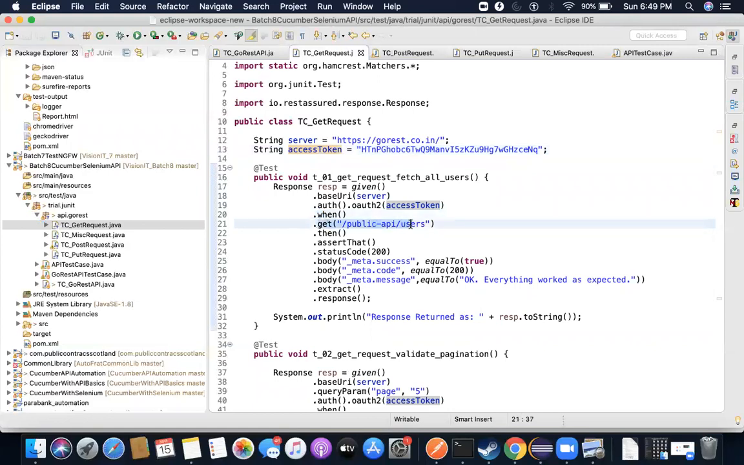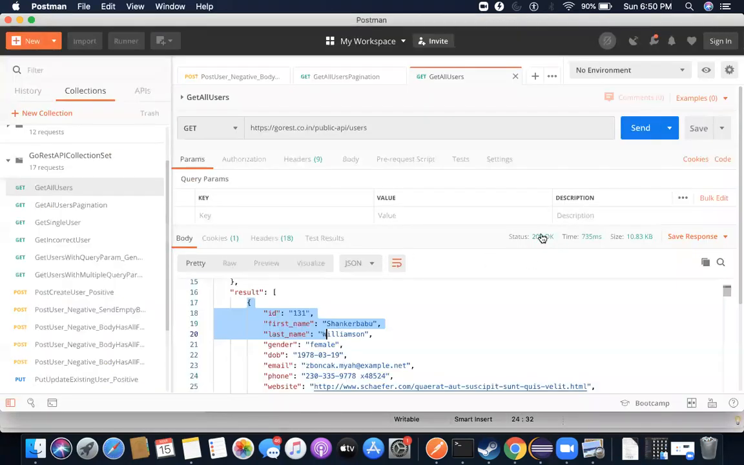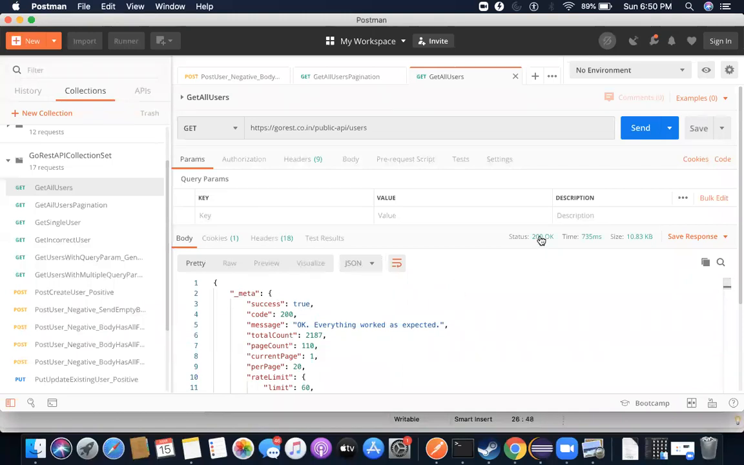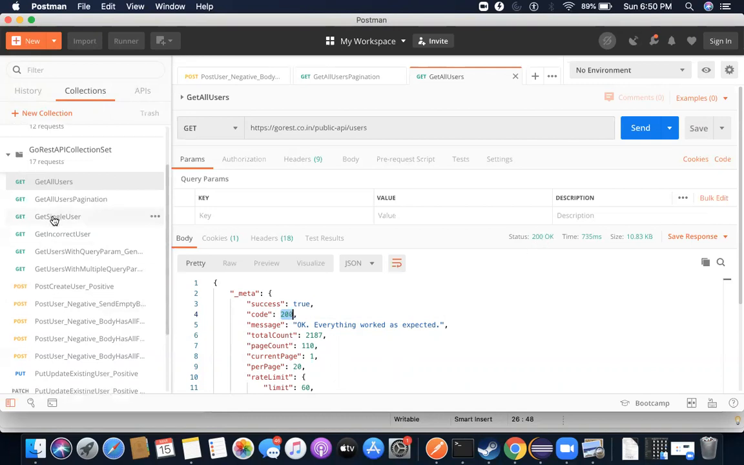Then when get API of public API users dot then, and from the then part, my validation starts. In the assert that section, I am putting status code, which is 200. By the way, this status code is this, and then we have a second code, which I'm fetching from the JSON. So this JSON status code is different from this. And the way this API is designed, every time there is a response from the server, from the API,